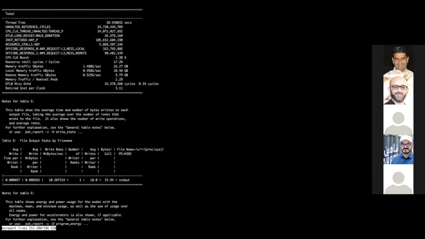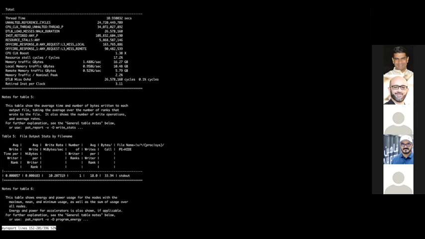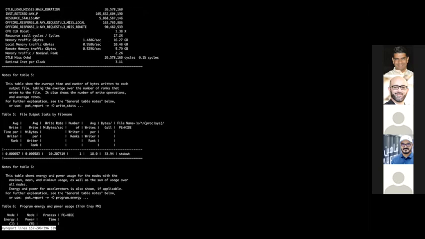Then another interesting report I like very much is about the output. Here, of course, we've only written to standard out, but in a more intricate case, you can really have a look at how Lustre has been used by parallel I/O. You can see if your OSTs have been saturated well, or if you have to play a little bit around with the Lustre parameters. Also interesting, the power and energy usage,